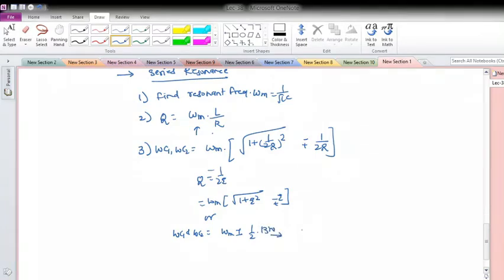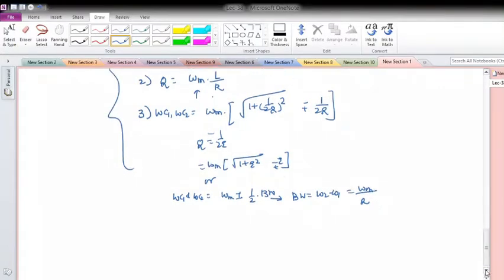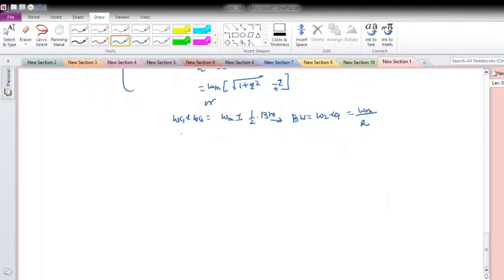It is the difference between higher frequency minus lower frequency. So bandwidth will be omega 2 minus omega 1, which is omega m upon figure of merit q. Okay, so this way also you can calculate the parameters of the single tuned circuit if R, L and C are in series. Similarly, for the parallel resonance circuits, if R, L, C are in parallel form with the current source,